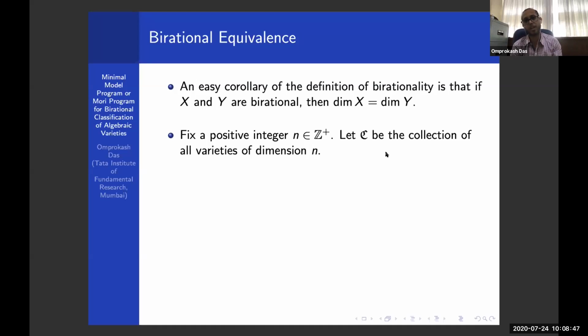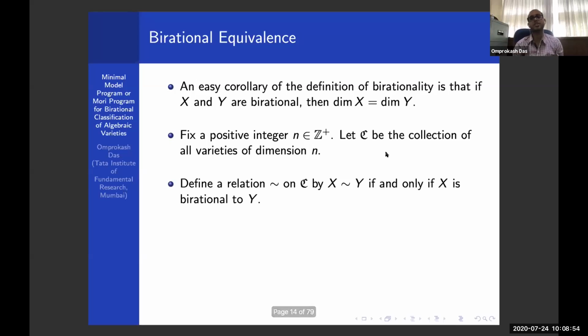Because if you consider birational varieties, I know that their dimension has to be fixed. Okay, dimension will be the same. So let's fix the dimension first. Now within this collection C, we're going to define a relation tilde. We say two varieties x and y within C are related by tilde if and only if they're birational